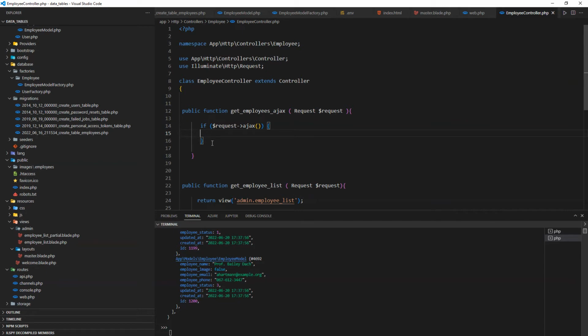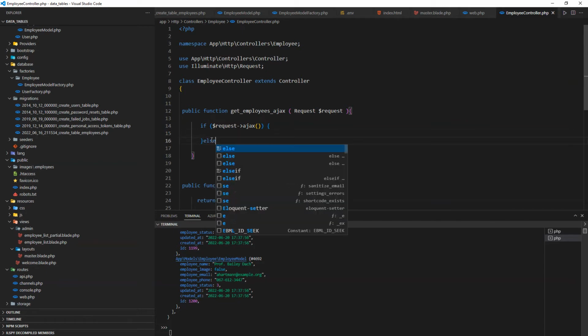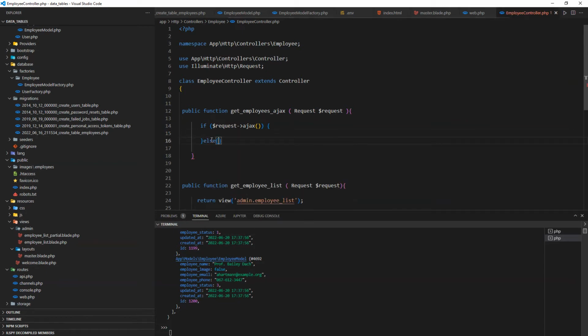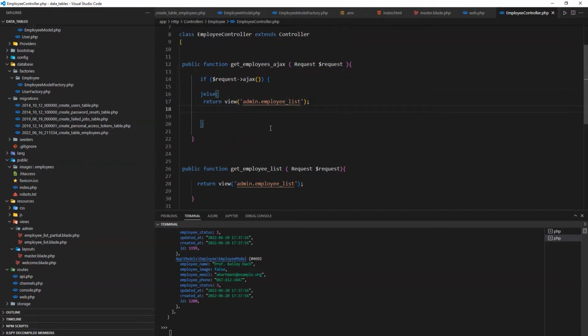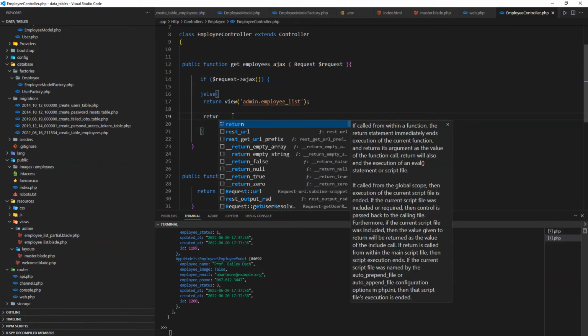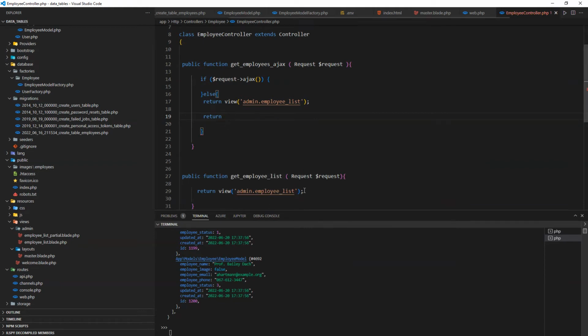Else what I will do, I'll just return the normal employee list, which is this one like that. But if it's Ajax, then what I'm going to do, I'm going to return the other one. So let me just copy this one, save some time, and now here,